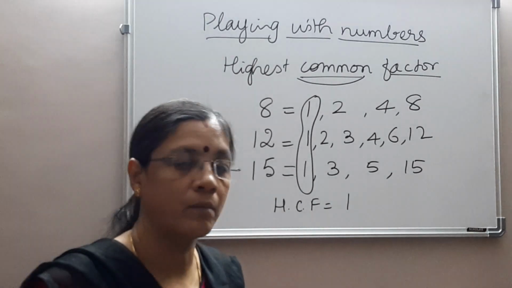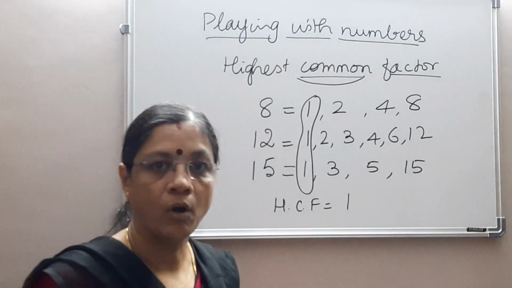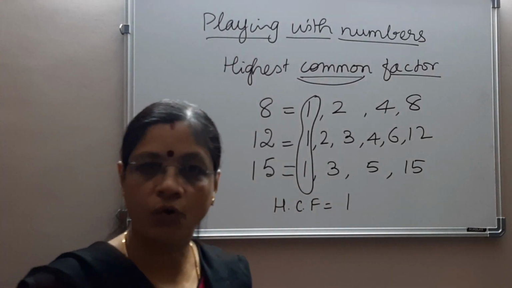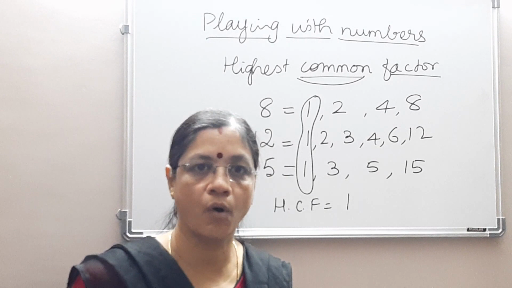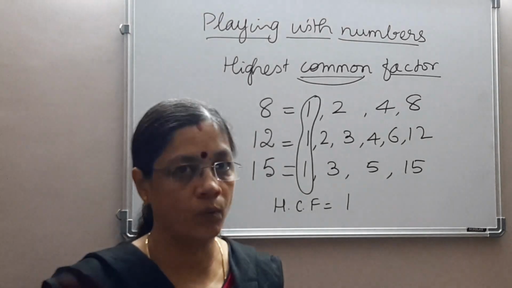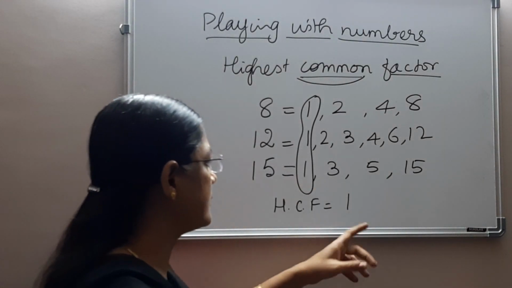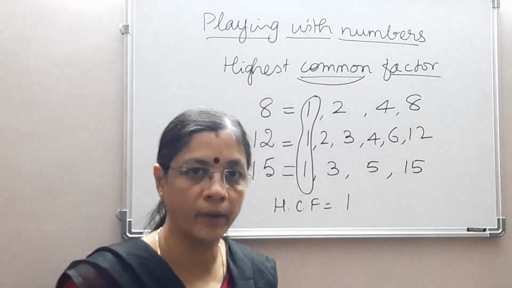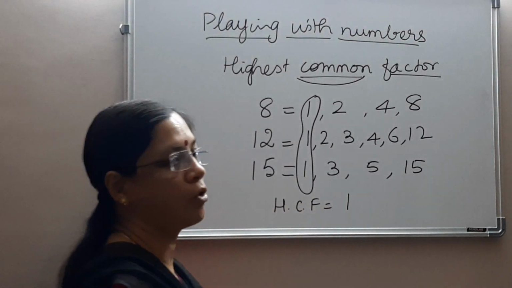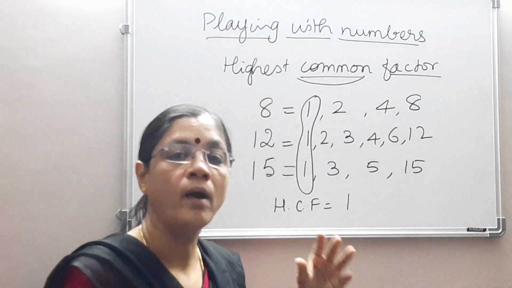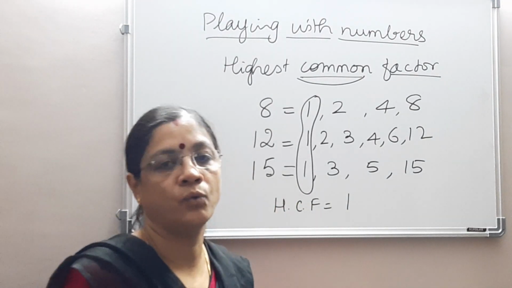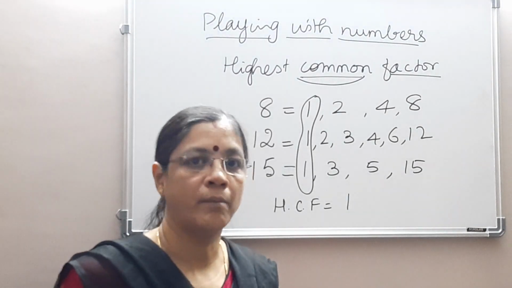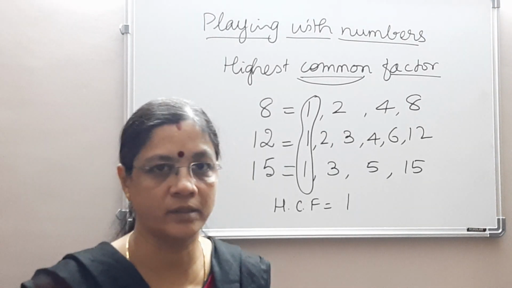So you would have a question in mind. 1 is a very small number, the smallest number in the list. So how come it is the highest common factor? That is a common doubt we all would have. But this is the highest. Why we say this is the highest common factor is, out of all common factors, this is the highest common factor. This is a common factor we know, and this is the only common factor we know. So this is the highest common factor. For another set of numbers, we might get factors like that.